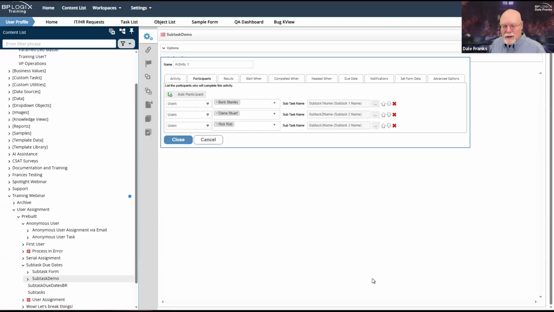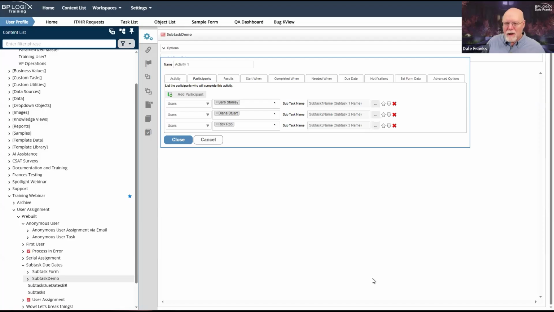But as you can see here, I have 3 different subtasks. Without wading into really deep water here, I can basically split up a user activity into 1 or more separate tasks. The default is 1, but I have the ability to do subtasks.